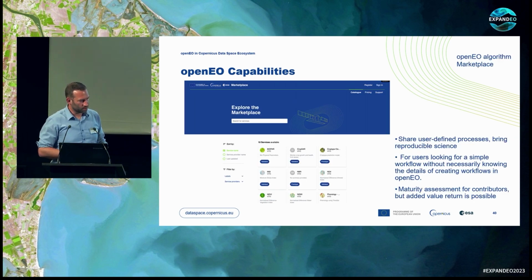Then the last one, which I think is also an important one and maybe a little bit underrated, is what we call a marketplace, which is a place for users and companies to share their knowledge and give visibility to the processes that they make on OpenEO.